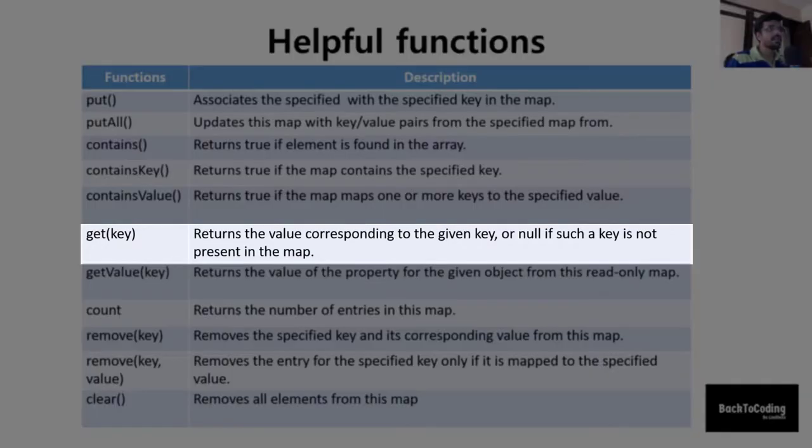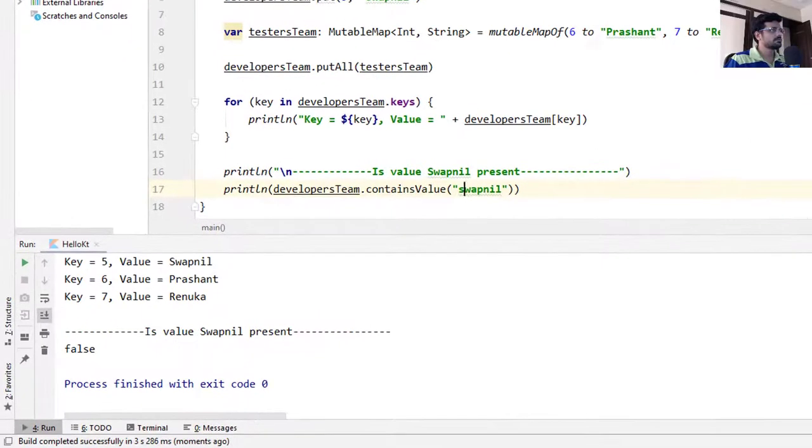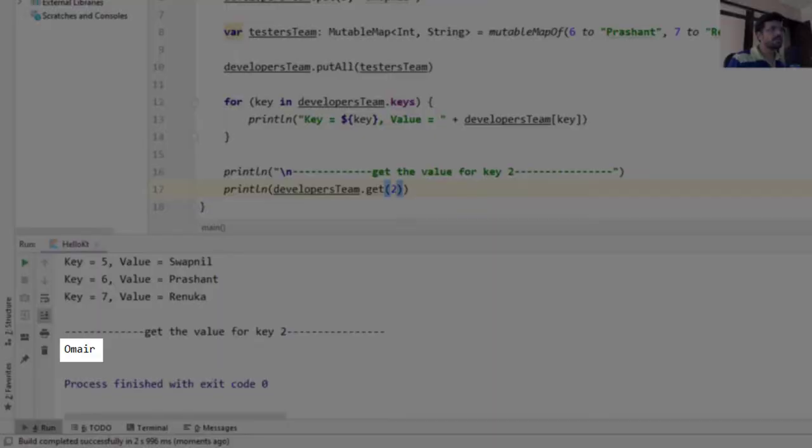Get function returns the value corresponding to the given key, or null if such a key is not present in the map. So here it has returned the value Omer for the key 2.